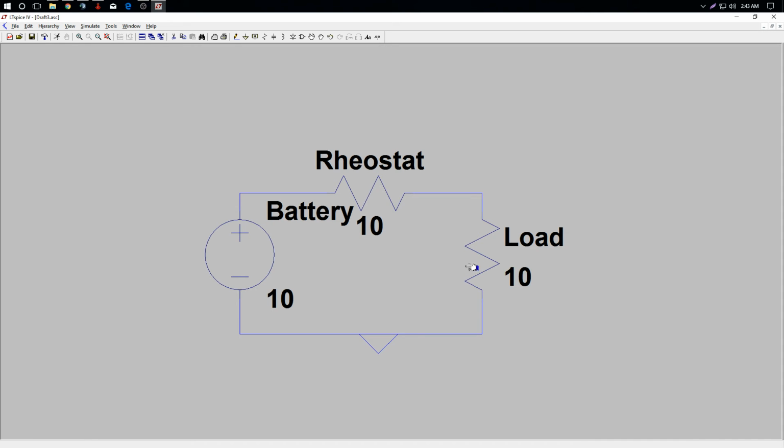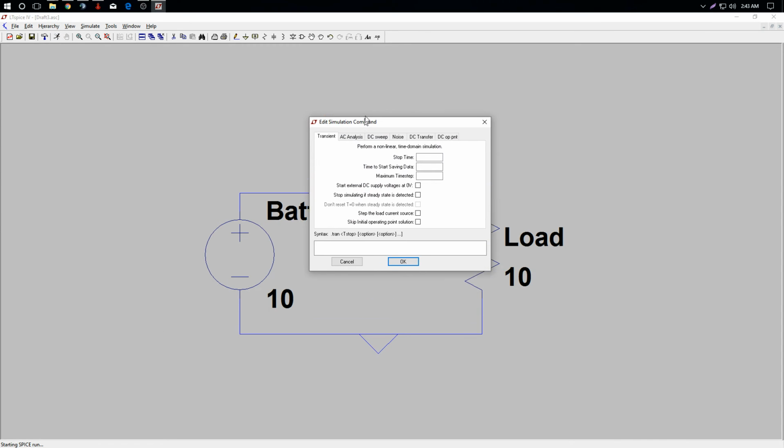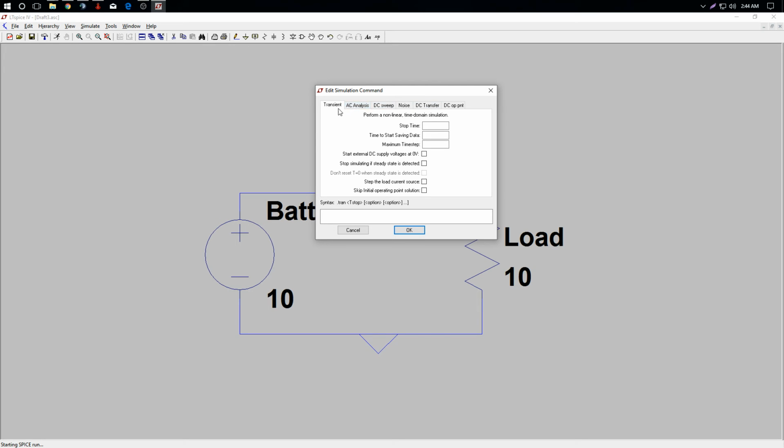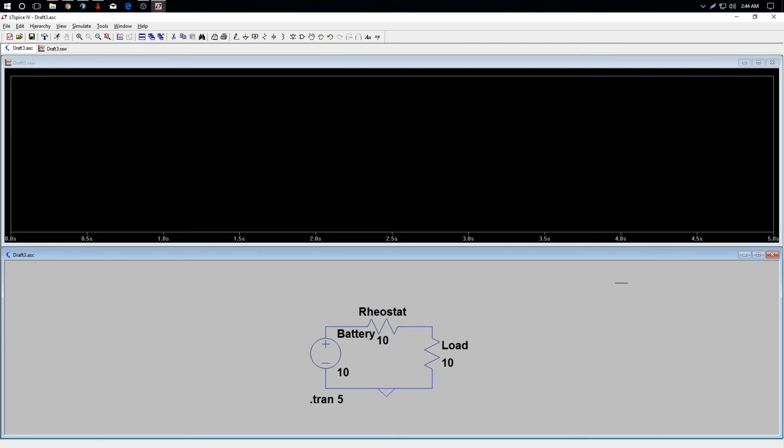now what we're going to do is run the circuit and see what happens. There's a little running guy there. You press that and the circuit is going to run. There are a lot of things that you can do with the circuit. What we're going to do is take transient, and let's set a stop time. Stop time gives you the amount of time that your graph covers. So if you give 5 seconds, the graph will be 5 seconds long. So let's do that. As you can see, the run is complete, and